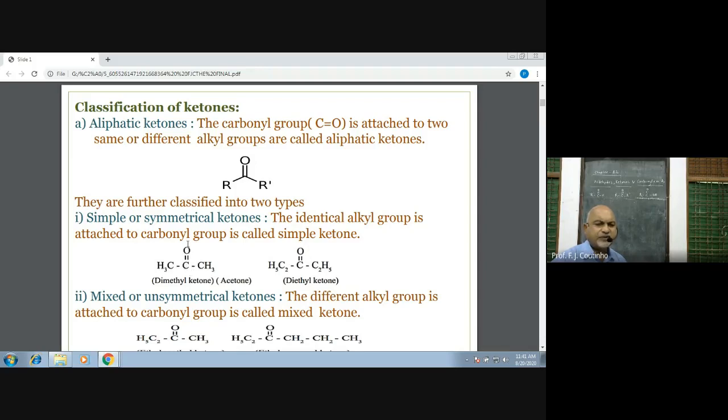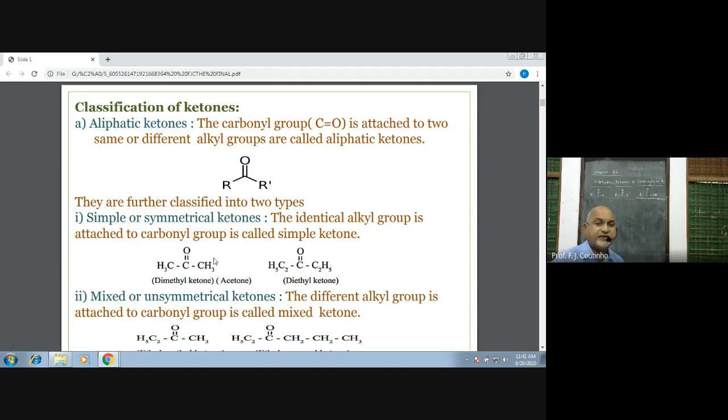So here this is a carbonyl carbon, which has two symmetrical or identical substituents or alkyl groups. Here is a methyl, here is a methyl. So the common name is dimethyl ketone. Why dimethyl? One methyl here, another methyl here, and that's why dimethyl ketone. Commonly, we call this compound acetone. So acetone and dimethyl ketone are one and the same. This is common nomenclature.